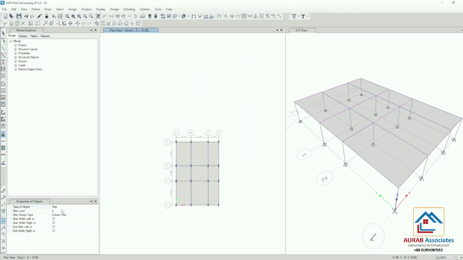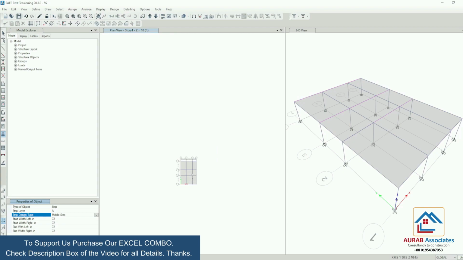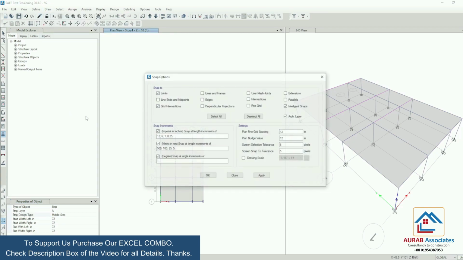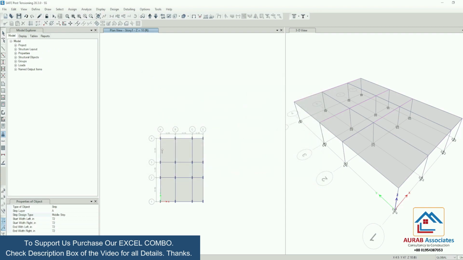Okay, now we will take some middle strip. But we can't snap mid zone here, so go to draw, snap option. From here select this one, click on apply.